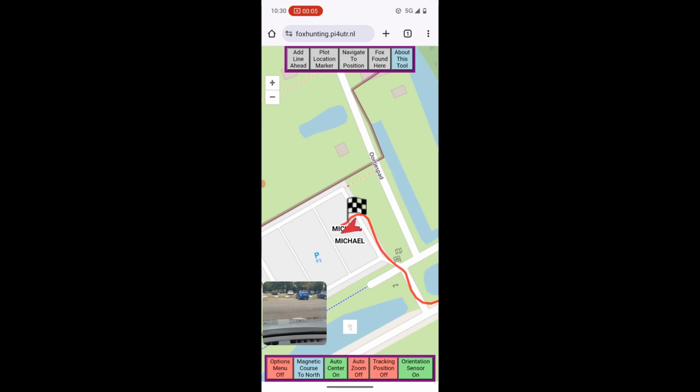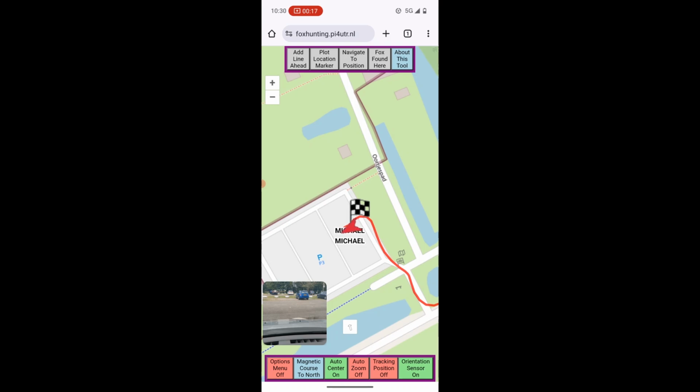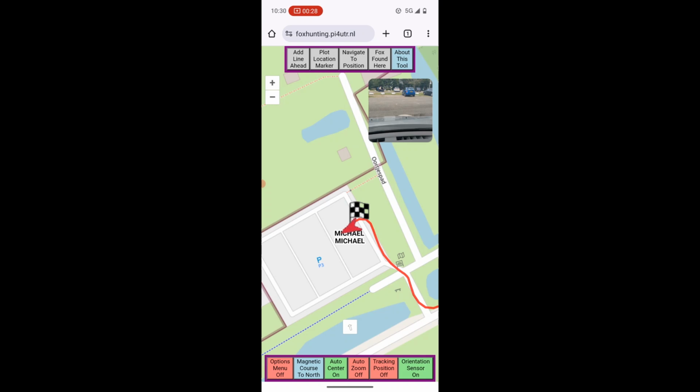So now we discussed all the buttons on both the top and the bottom of the screen. Those buttons are the most important ones that you need during fox hunting activities. But as we already saw, the options menu contains some more buttons. I will elaborate on a few of them, and some of them I will skip because I can more easily show their functions from a desktop computer. So I open the options menu,